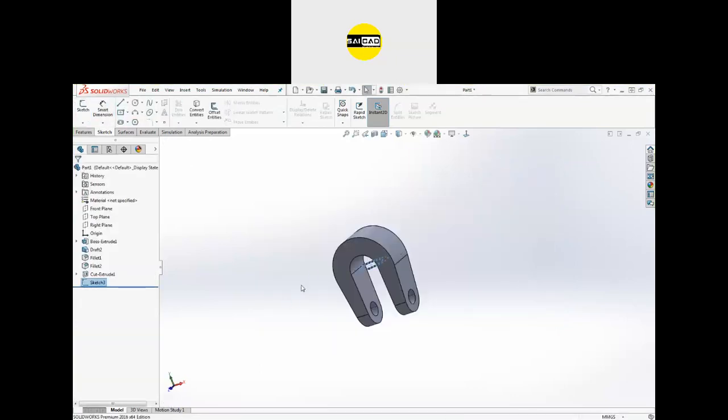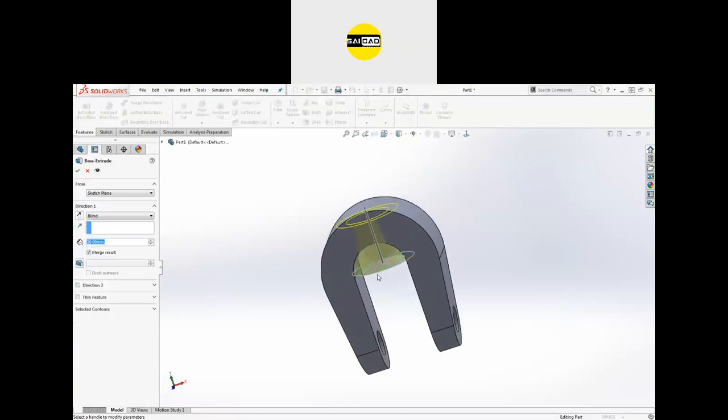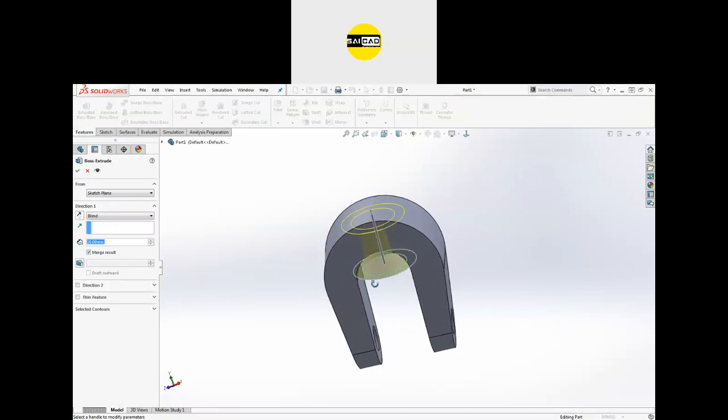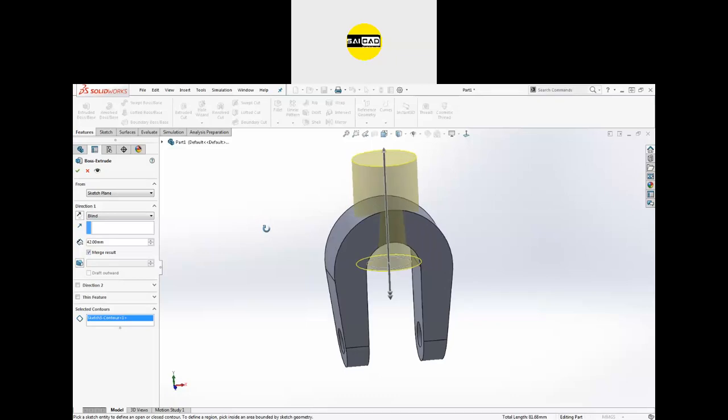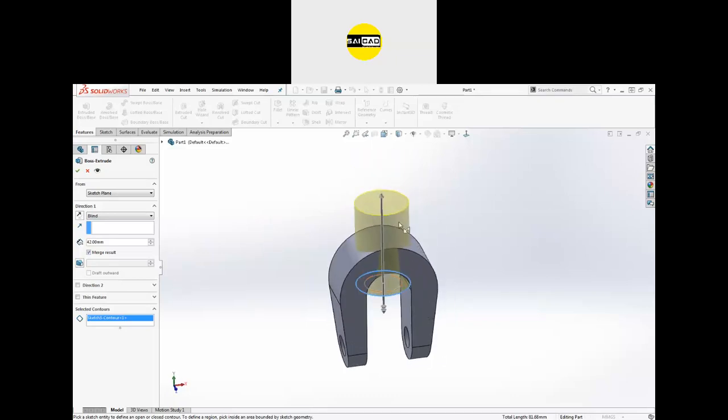Exit out, complete. So now go to the extrude. We need only the outer first, okay, or if you want to create both, that will not create the hole here. So go to the contour, select only the outer. Okay, you can see this will create the feature like that. Now we want the feature to be extruded from upside to downside. Okay, for that we have to go offset face.